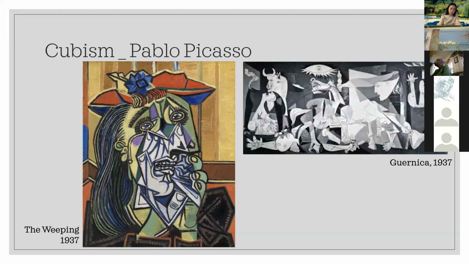Picasso responded to the massacre by painting the large anti-war mural Guernica. He also made a number of additional paintings of a figure from the mural, a woman holding her dead child. This weeping woman is the last of the series, and the figure is based on the artist and photographer Dora Maar, who documented the making of Guernica.